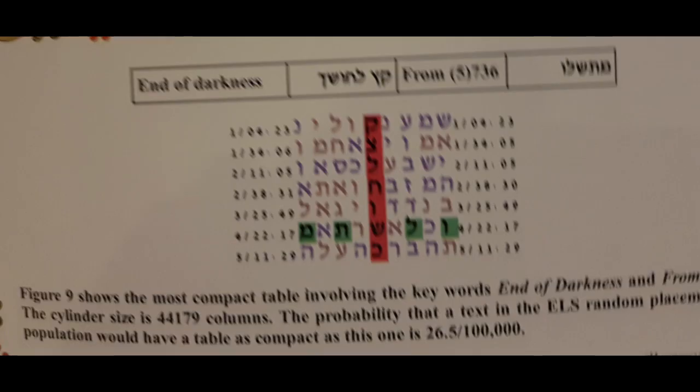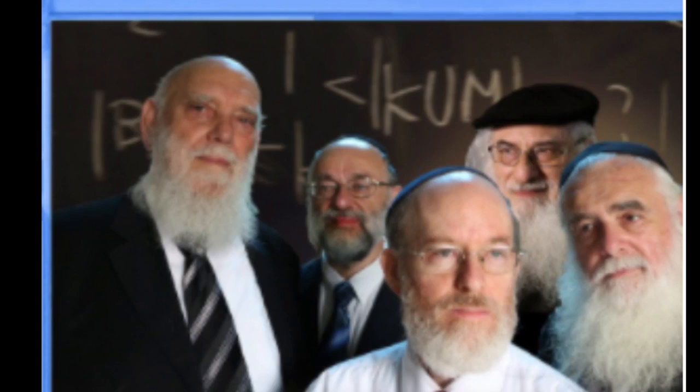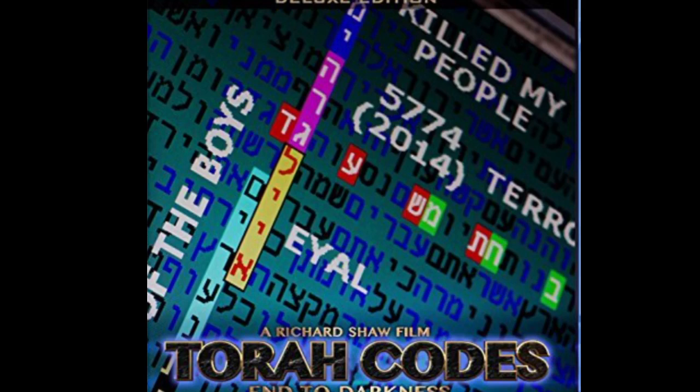As I said, the most interesting thing is that the Torah clearly indicates that it will be into darkness from the year 5736, which is 1976. As I said a few times, about the people really who are involved in the Bible codes